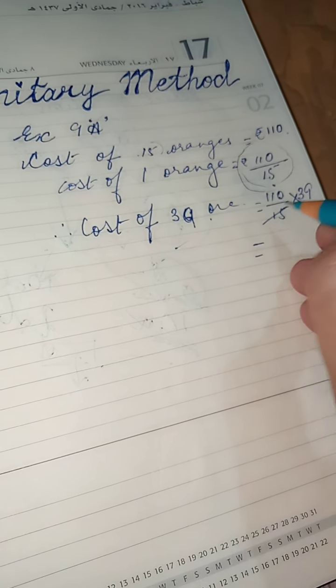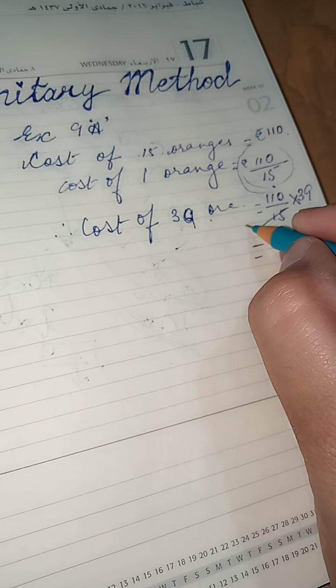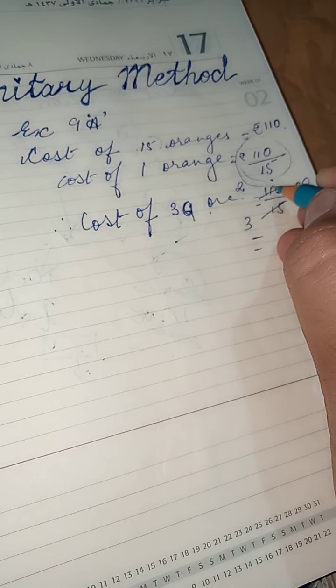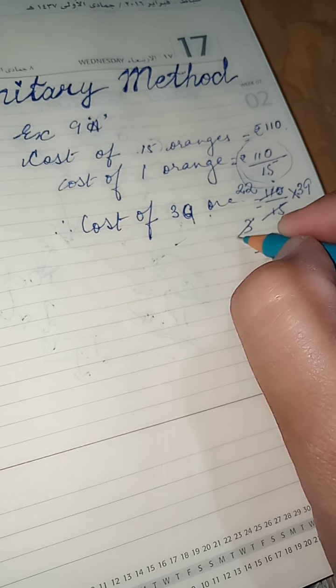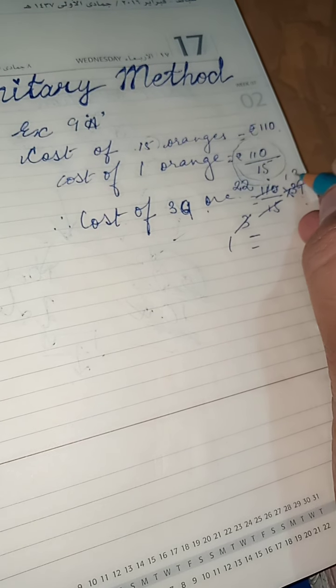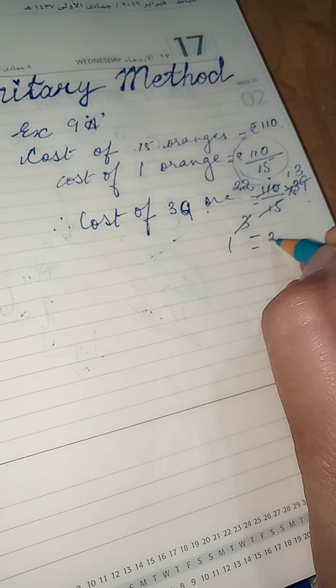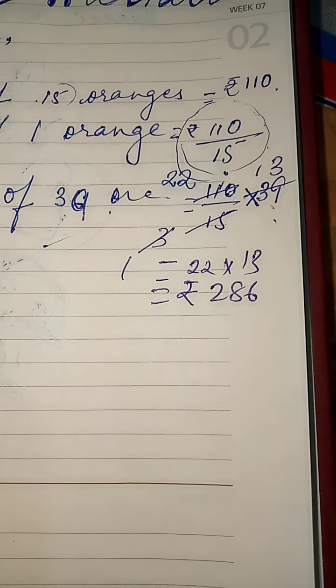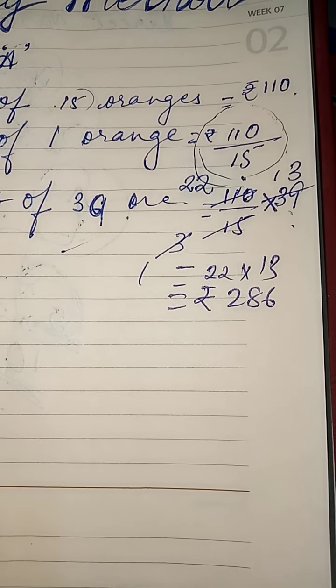So now we can solve. We'll cut it using the table of 5. 5 3s are 15, 5 2s are 10, and carry over 1, 5 2s are 10, 22, then 3 1s are 3, 3 3s are 9, then 22 into 13, and we get the answer. And here's your answer. Then finally we'll write the ending statement.